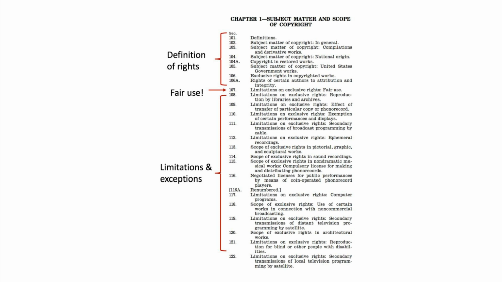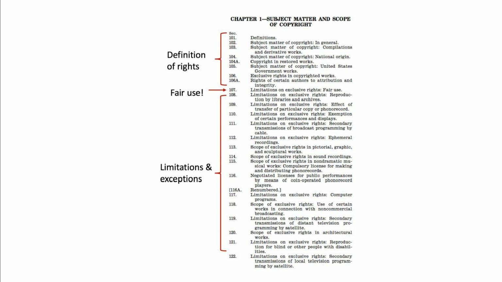But what you'll find is a pretty basic explanation in the first 5 or 6 sections of the Copyright Act, explaining what is protected by copyright, what's not protected. So for example, Section 105 says that works of the United States government are not protected by copyright, just a sort of say-so thing in there. But there are lots of other nuances that are helpful to understand the scope of rights. And then on the tail end of Chapter 1 of the Copyright Act, you will find a whole list of